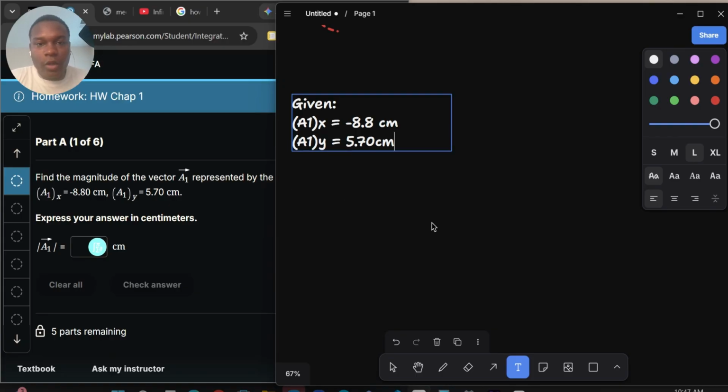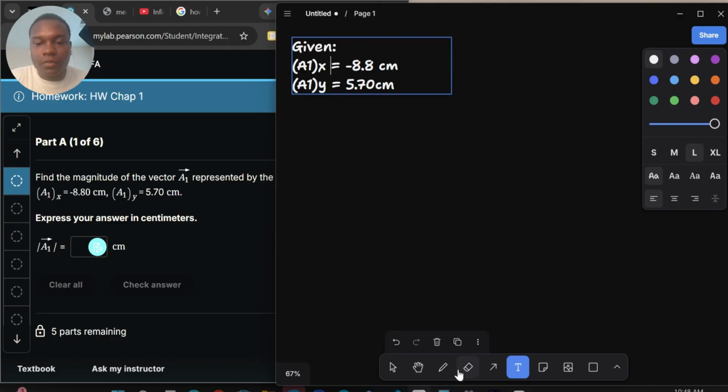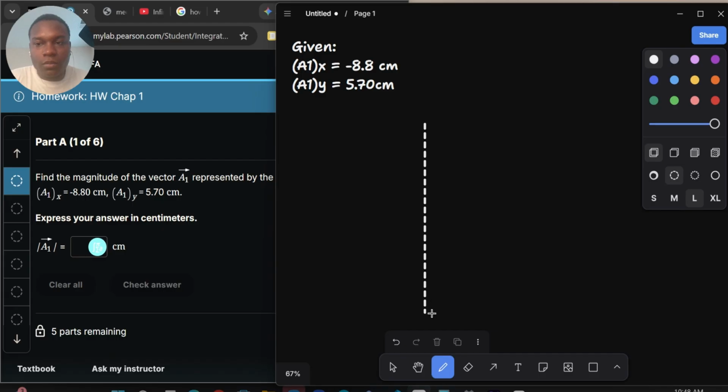But first, we're going to get into what components are, because I did that in my previous video, the one where I had the messed up audio, but it was unfortunately scrapped. So here we're going to draw a quick coordinate plane, and we're going to make up where this might approximately be.